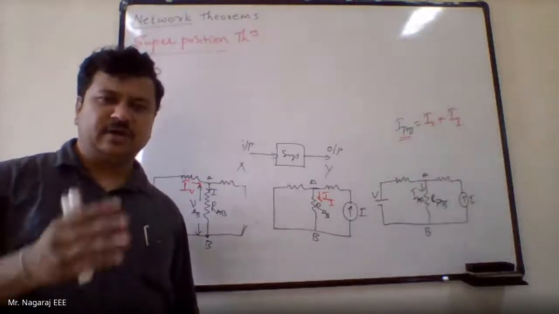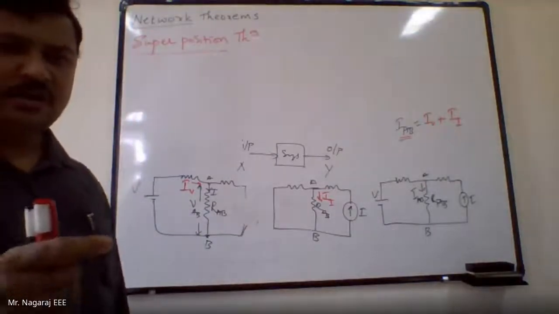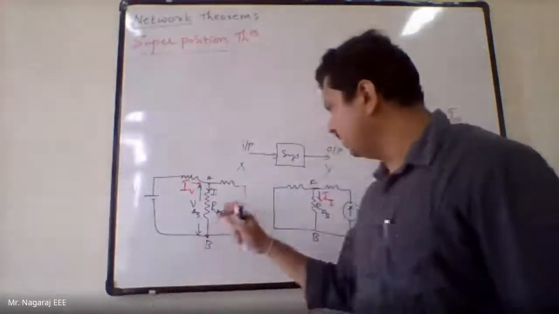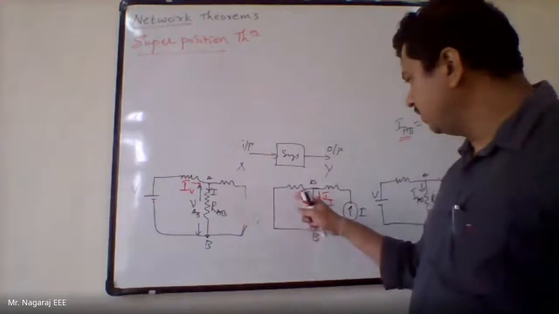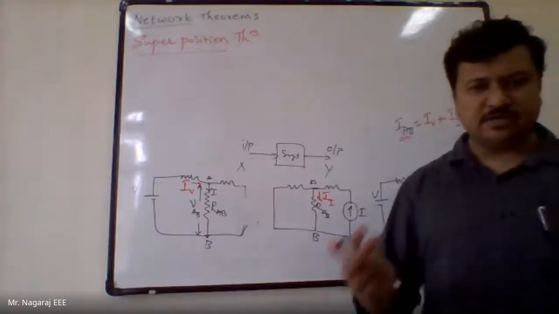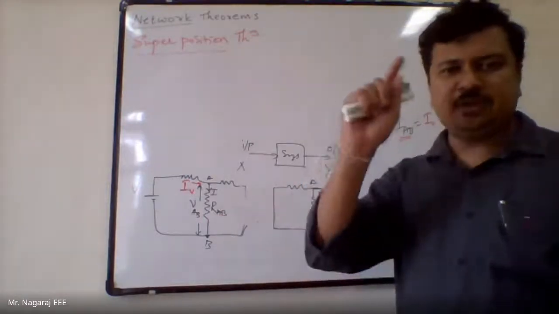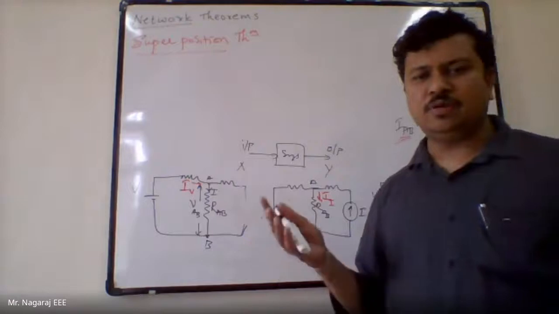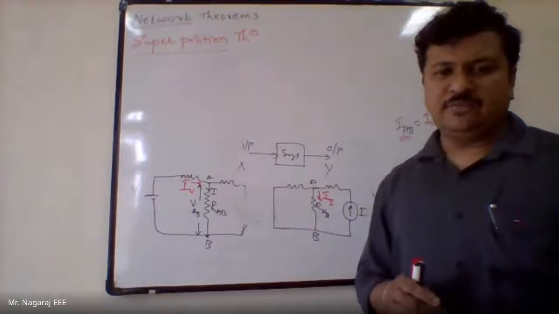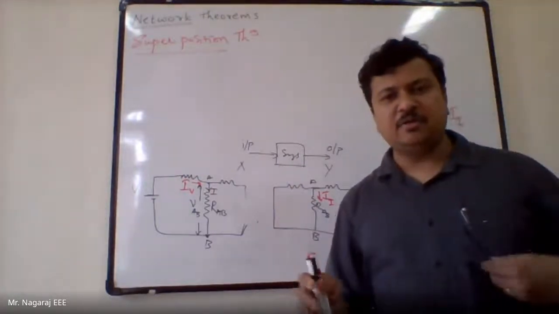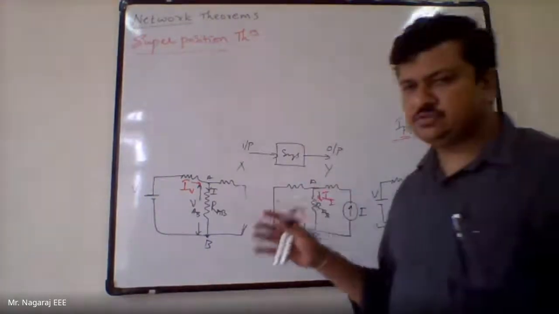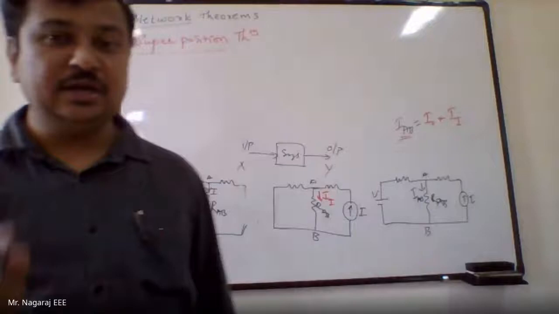Then find the current in the element which I am interested in. That can be done for any element. That can be done for this element also. That can be done for this element also. Okay. Then if I want to know the current due to the second source in this element, then deactivate source 1 and source 3. If I want to know the current due to source 3, deactivate source 1 and source 2. Then if I want to know the total current flowing in that element due to all the three sources, simply add those three currents, which I have taken with source 1, source 2 and source 3 separately, individually.